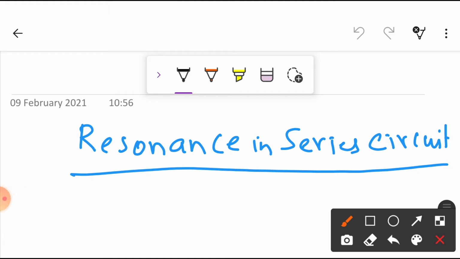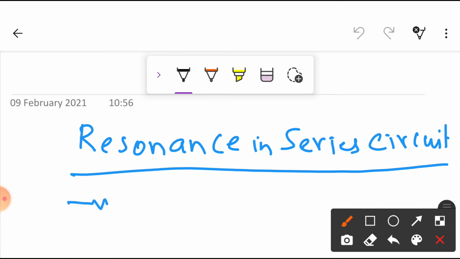On continuation of our electrical circuits, today we are going to learn resonance in series circuit. In last class what we have seen,